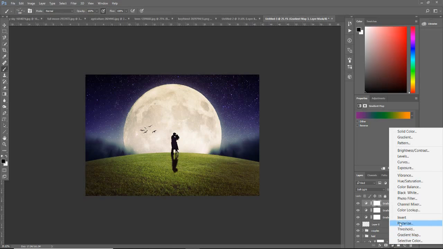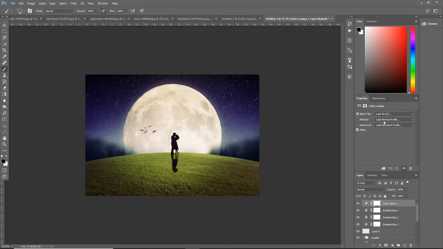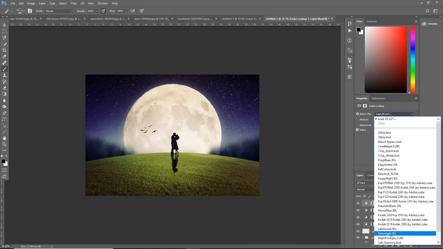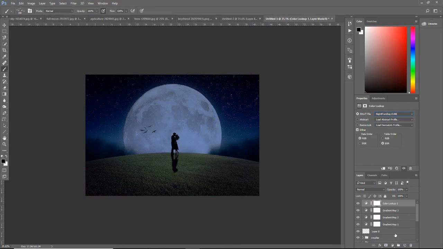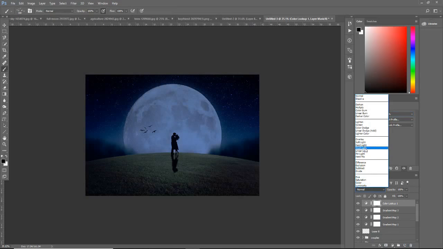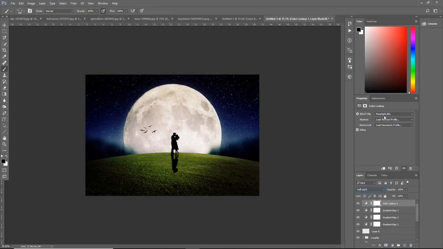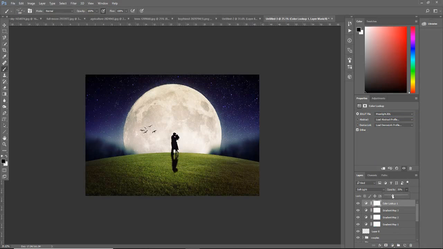So I go to color lookup, and you just need to see which one really match. So I just change it to soft light. Maybe moonlight is kind of cool. I bring the opacity down to 35%, and I make a merge layer, Ctrl Alt Shift E,